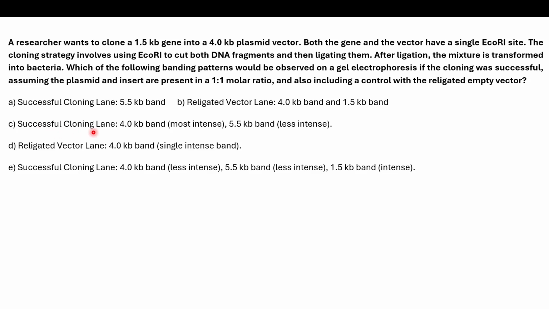Or in the successful cloning lane, you will see a 4 kb band most intense and a 5.5 kb band less intense. Or you will see the religated vector lane with a single intense 4 kb band, or in the successful cloning lane a less intense 4 kb band, a less intense 5.5 kb band and an intense 1.5 kb band. Okay, so here in general what happens is,